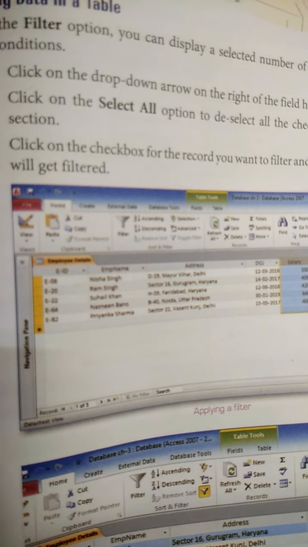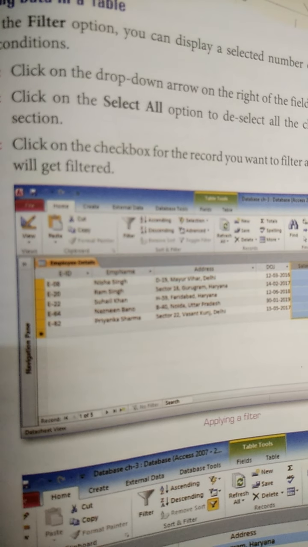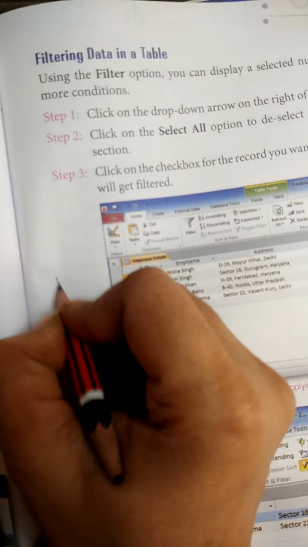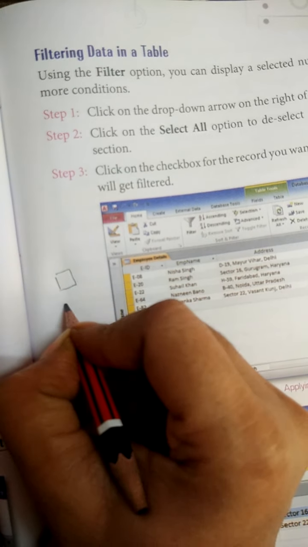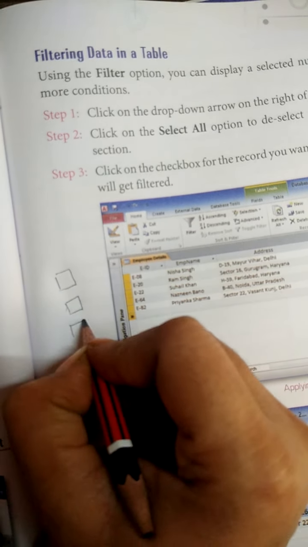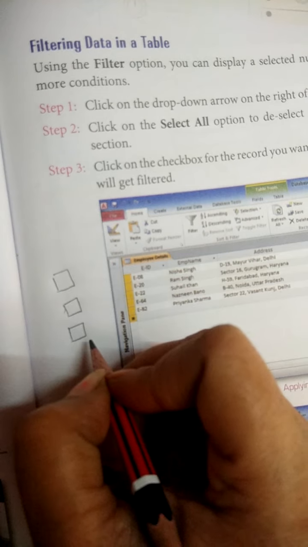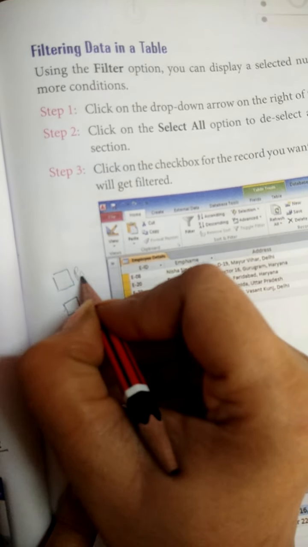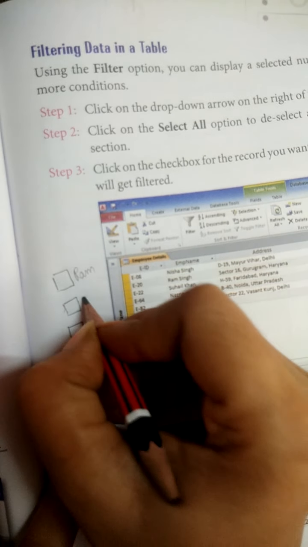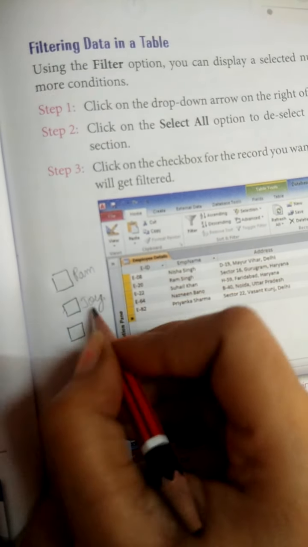Now beta, in this there is an important term in filtering, okay. To filter, what do we do? Checkbox. Like you can see this, I am just showing you, boxes will be there. For example, you have entered 10 records in a field, so before every record this type of box is there, like first is Ram, then Joy, then another name is there, like Vijay.